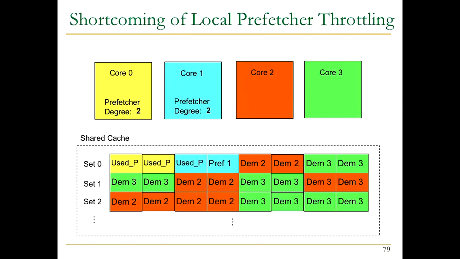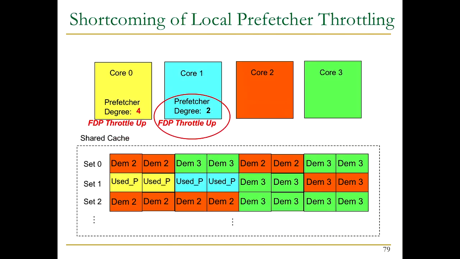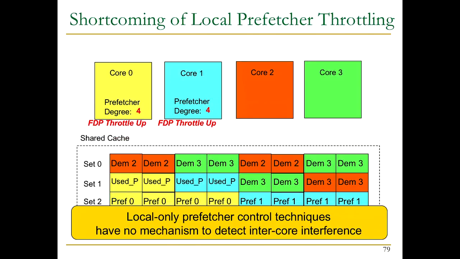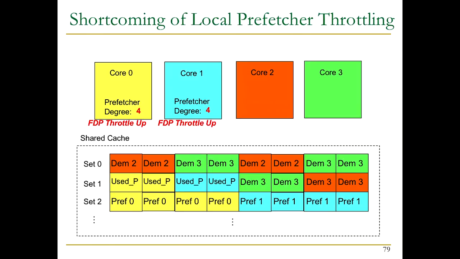Let's assume that core 0 and core 1 are prefetching, and they're kicking out data from these cores. And what might be happening is they have used prefetches. As a result, they're going to throttle their prefetchers up. As a result, they will keep prefetching. Now, if they keep prefetching, they're going to keep displacing more things from the cache, and this core will start